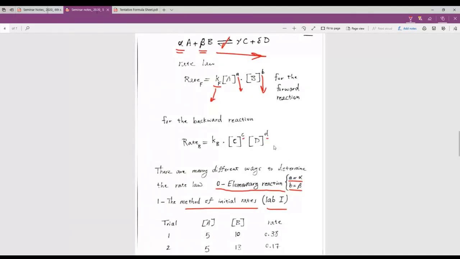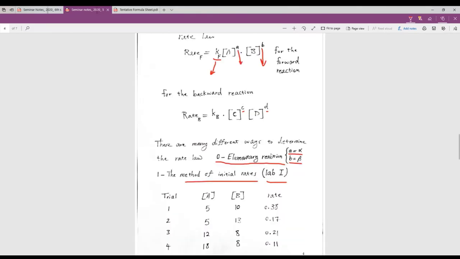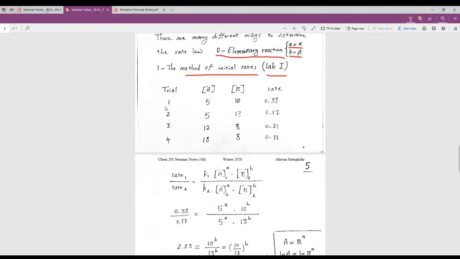We collect the data at different trials, for example 1, 2, 3, 4. In some of these trials, we keep the concentration of one of the reagents fixed. For example, in trials 1 and 2, we keep the concentration of A fixed. But what we do here is we keep the concentration of the second reagent